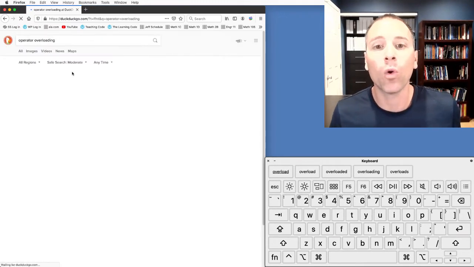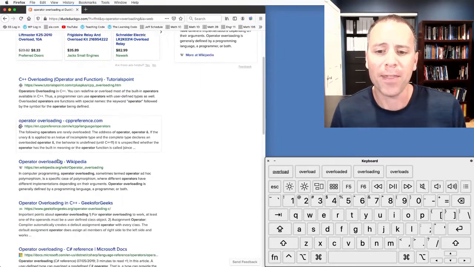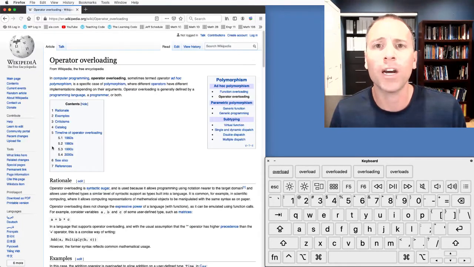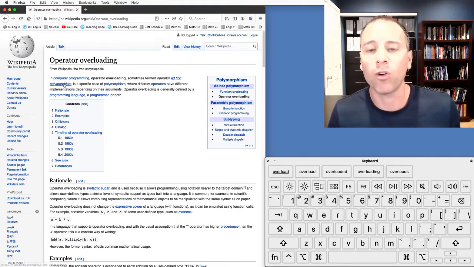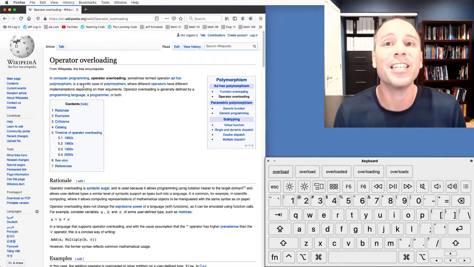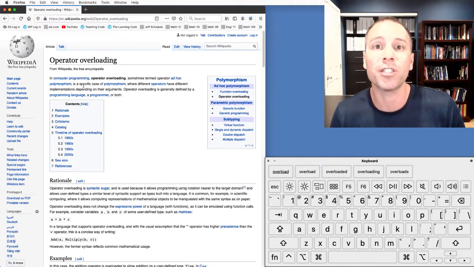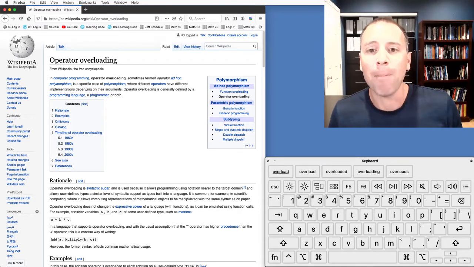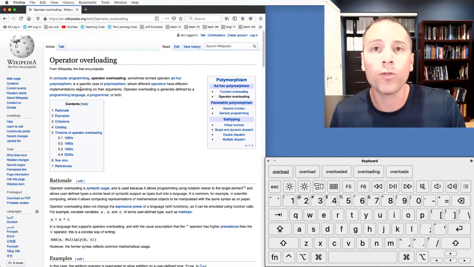This is a formal word in computer science. And then there should be a Wikipedia article. Let's go ahead and click on that. Notice that there's some information here, some crazy stuff. One of the things that you'll see over and over and over again is I'm going to teach you how to teach yourself. My job as a teacher is to make myself useless. One skill that's super useful in learning how to program is trying to understand the technical language of computer science.